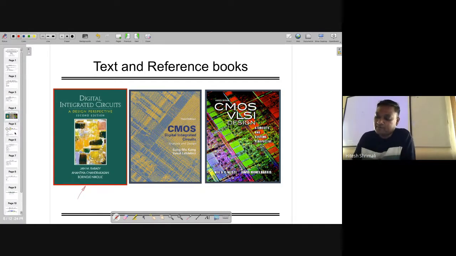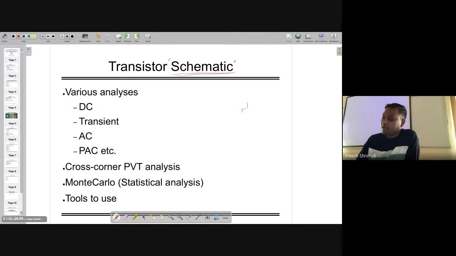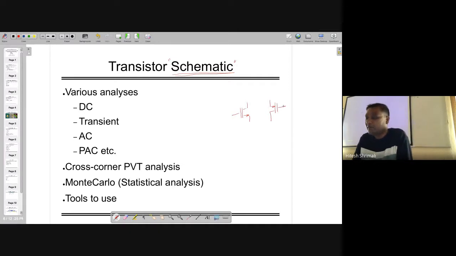Okay. Now all these things are already known to you, but still I'm going to tell you one more time that first of all, you are going to make the transistor schematic. The schematic is the one where the NMOS and PMOS may be denoted like this one, and then you are going to make the wires and you are going to simulate it.